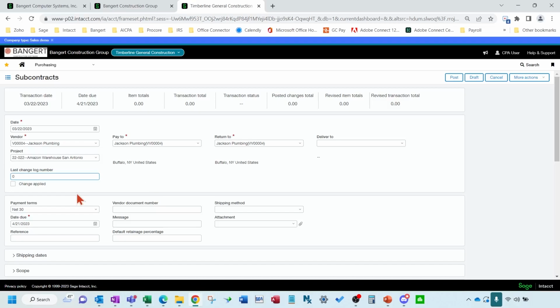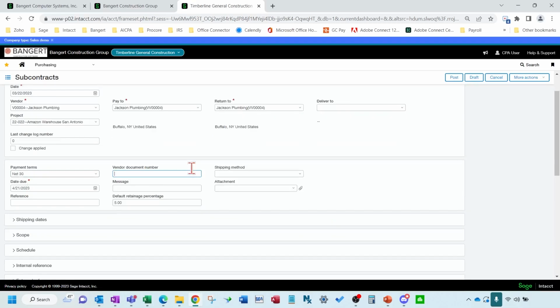Okay, and then you're going to come down here and you can fill in some defaults here like retainage. And these I won't touch on too much. They're not required, but we can do different things here with different fields on the forms for it to pre-fill. So if your vendor has their own subcontract number or own job number or something, you could use some of these fields for that.